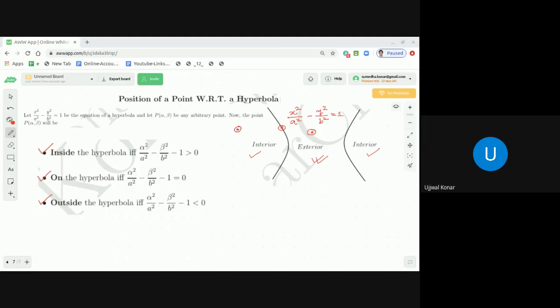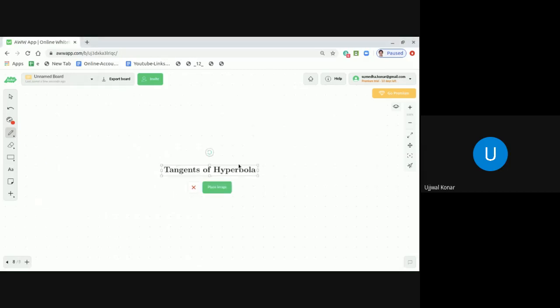Now, dear students, the next point I want to discuss is the tangent to the hyperbola. I'm going to discuss the tangent to the hyperbola in the next slide. You have a fair amount of idea what is meant by a tangent to a curve. I know you have a good idea, but I'm telling you from the definition, for any new students who will be looking into these video lectures later,